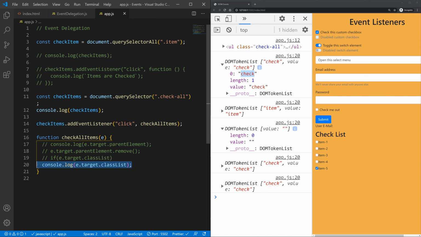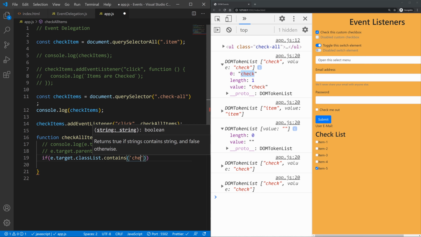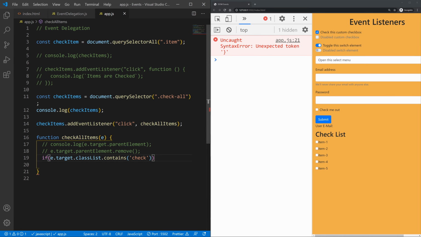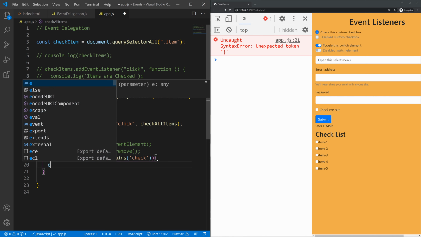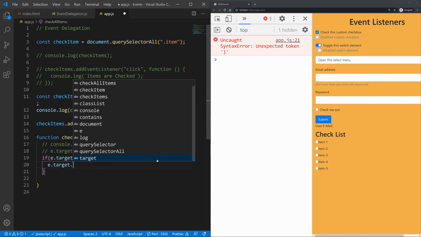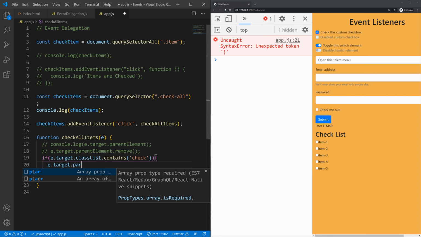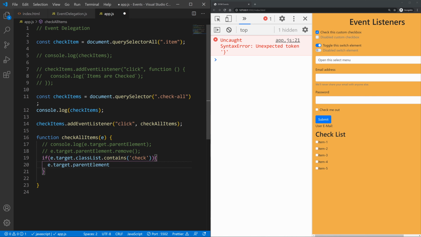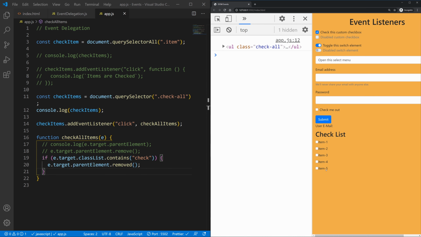So we will check now if the target has a class, so contains the class of check. Contains is also a method. So if this is true, then we want the e.target.parentElement to be removed. Okay, so let's try this out. If I click on the label, nothing happens. If I click on the checkbox now,